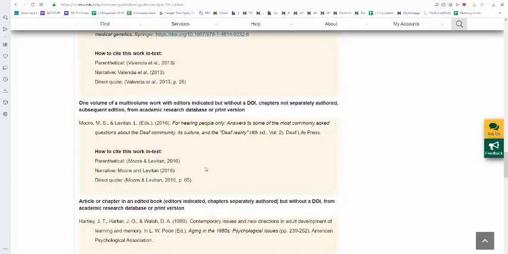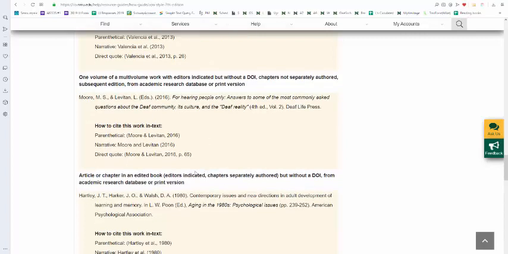The next example is author, chapter, and edited book. You list the authors of the chapter itself, followed by the year of publication for the book. The next sentence is the title of the chapter. Then you state the word in, followed by the first and middle initial if they include it, and the last name of the editor. If you have more than 1 editor, you'd put editors. The title of the book,